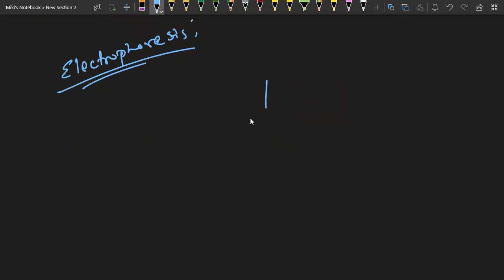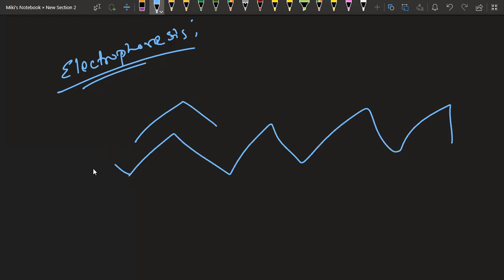So how do we do this? We specifically do this because, if a mixture of amino acids is present, we are not going to get the amino acid pure. Why? Because amino acids react with each other. One amino acid reacts with another amino acid, forming a protein molecule. They form a polymer. So we are going to take that polymer,